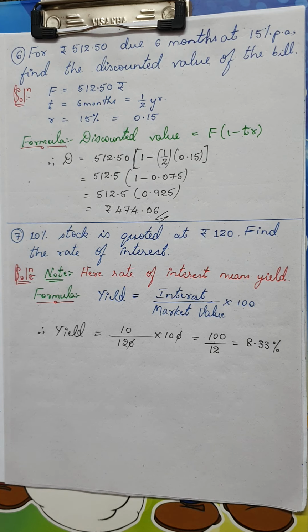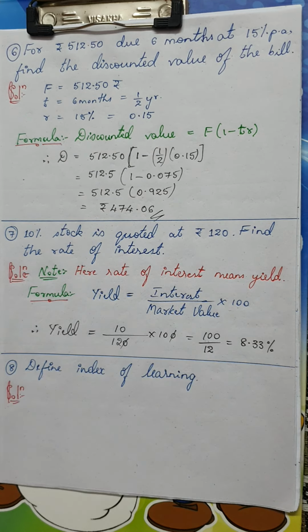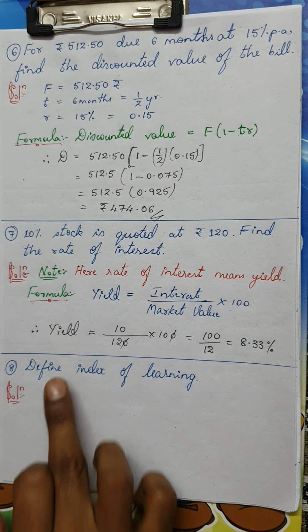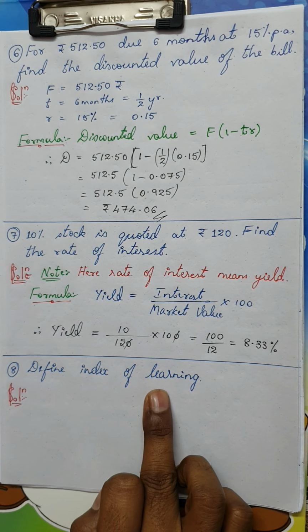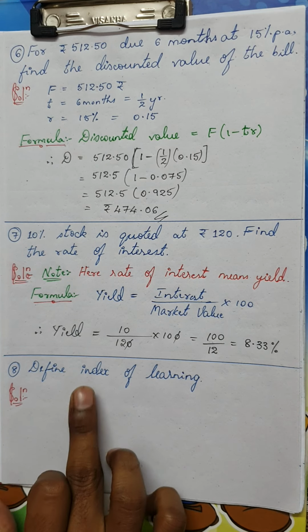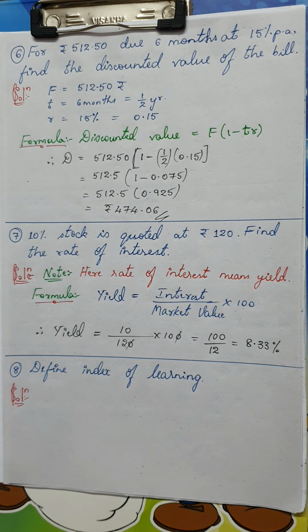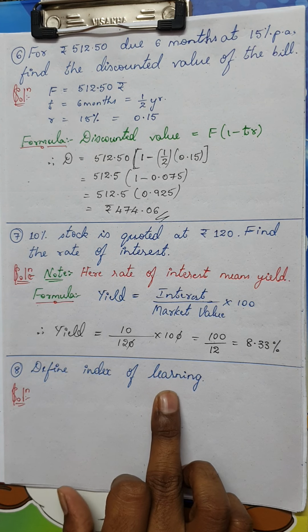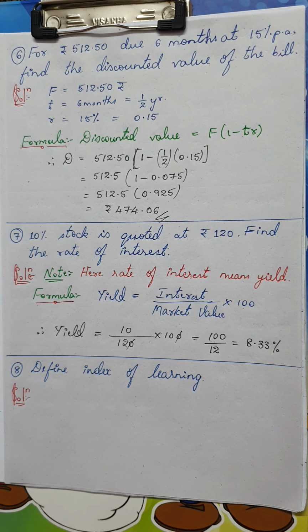Okay, right, moving on. Question number 8 is define index of learning. You can check this question in all the 4 model question papers. The 8th question is pertaining to learning index. I believe this would be a definite question. Either they ask you to define index of learning, or they may ask you to write the formula for learning index. Both are one and the same. It is just a straightforward formula. You cannot change anything here.